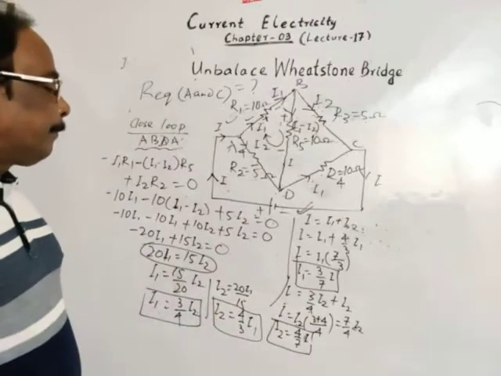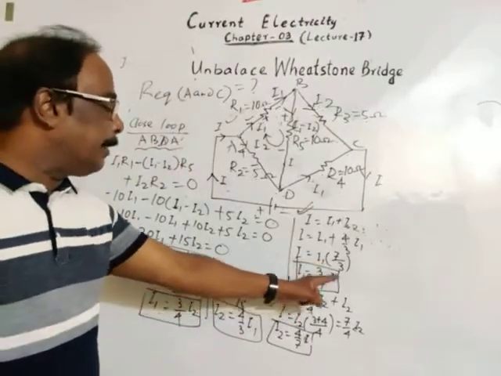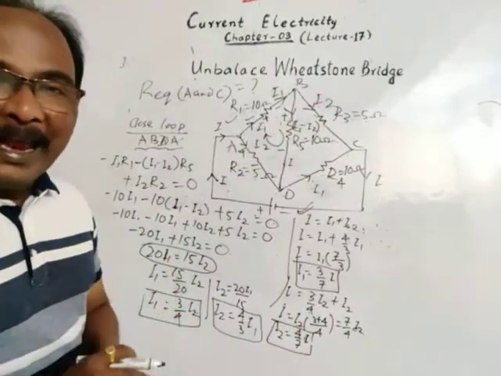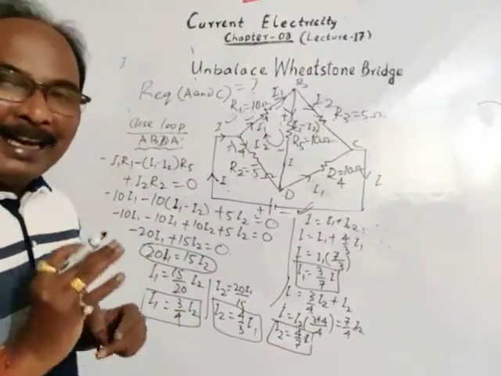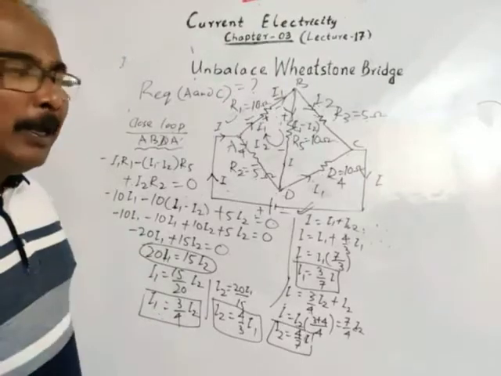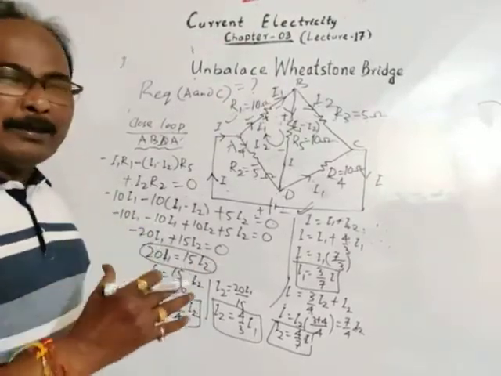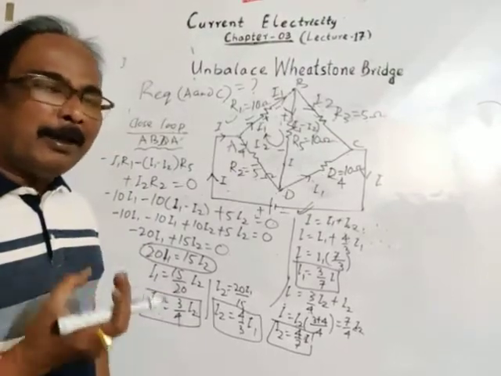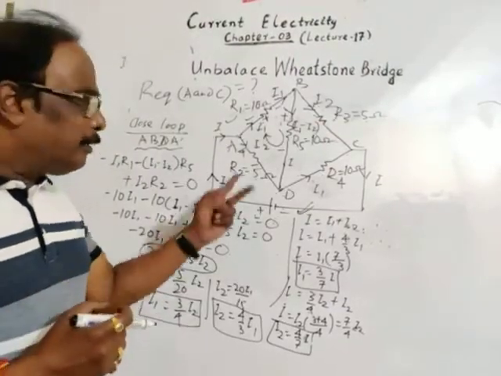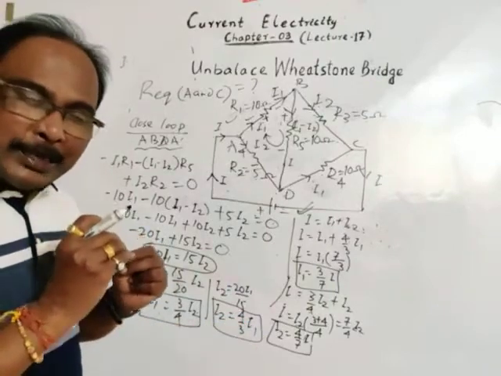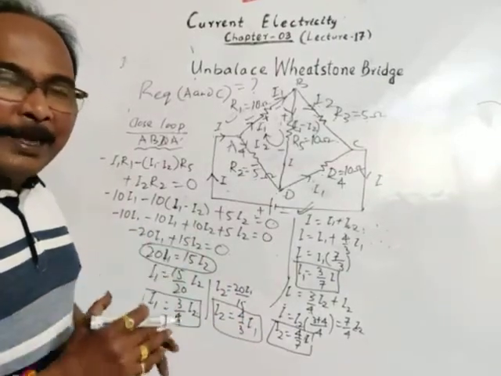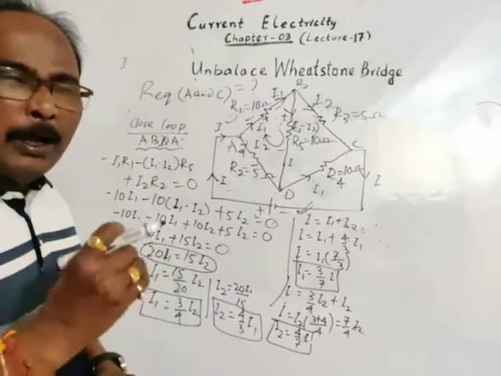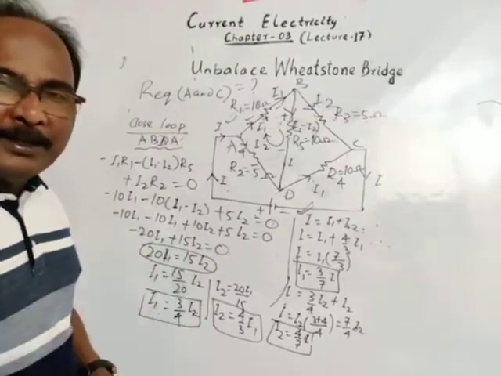I1 is equal to 3 by 7 I and I2 is equal to 4 by 7 I. Okay. Is it clear? Now a single step. So these are the methods. You can apply it in an exam and get your answer very quickly. To learn it, you should take some time so that I am explaining it. Once go through it and practice one or two numericals, then it will be made easier.